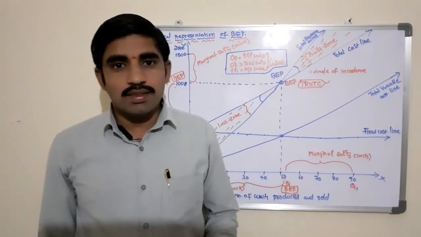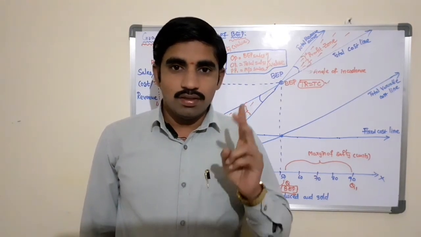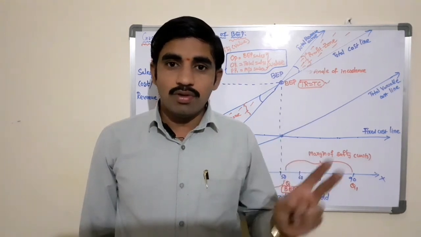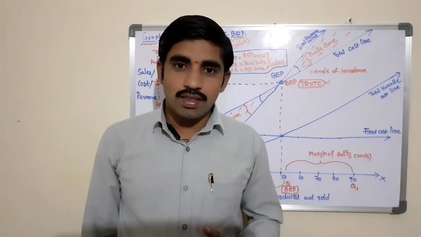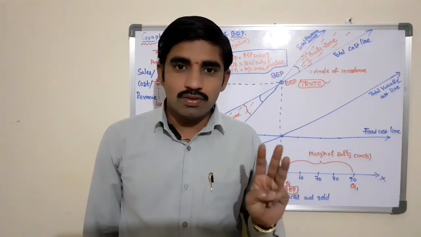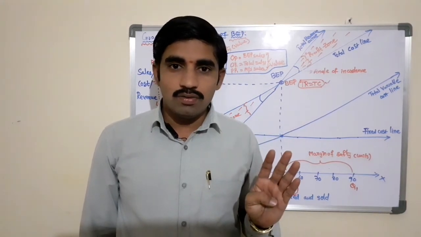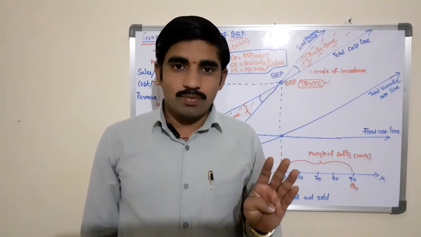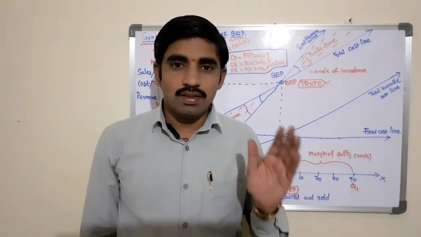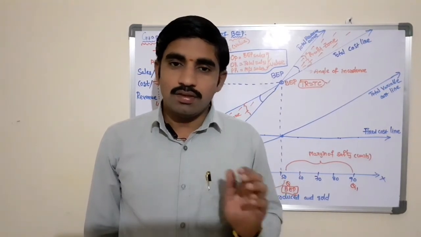So what are the assumptions we have to consider here? The fixed cost remains constant, the variable cost changes according to the level of production, and the variable cost per unit remains constant at any level of production. The total cost of the production is classified into two, fixed and variable cost. The total cost changes according to the changes in the total production, and the selling price per unit remains constant at any level of production or any changes in the business or the market.